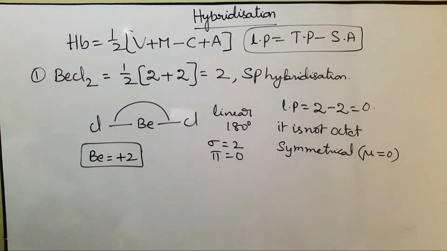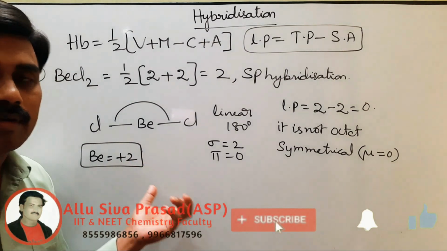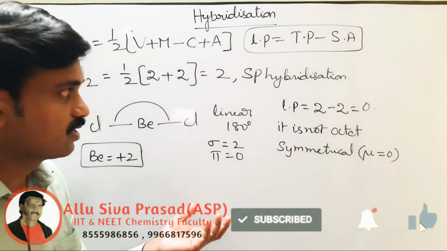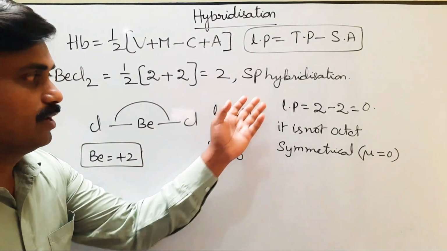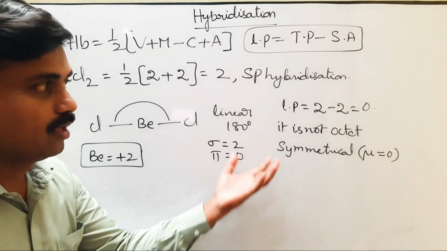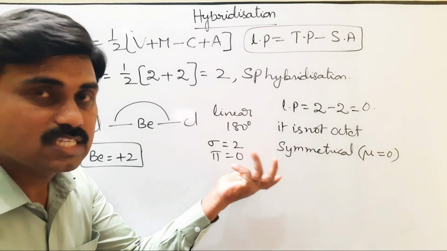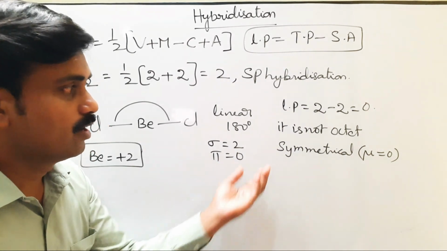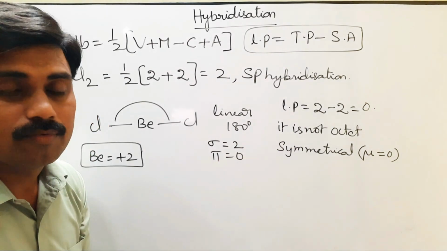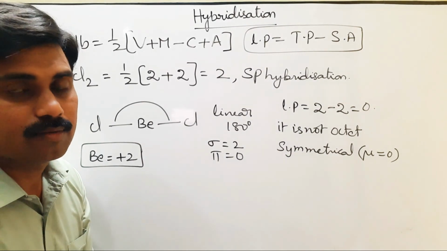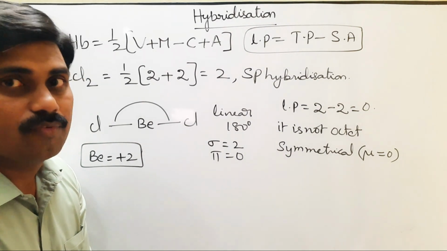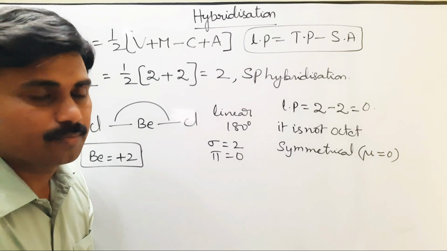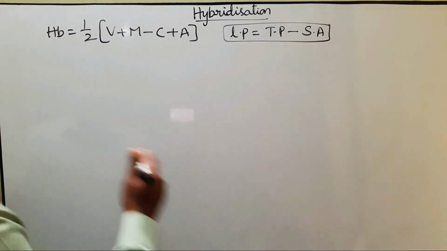If we calculate the hybridization of any covalent molecule or species, first we calculate the hybridization, then the shape and bond angle, and whether lone pairs exist or not, since lone pairs deviate the bond angle and shape. Is it octet or not octet? We check how many electrons are gathered around the central atom. That's why with the help of the structure only we can say whether it is octet or not. Look at one more example now.